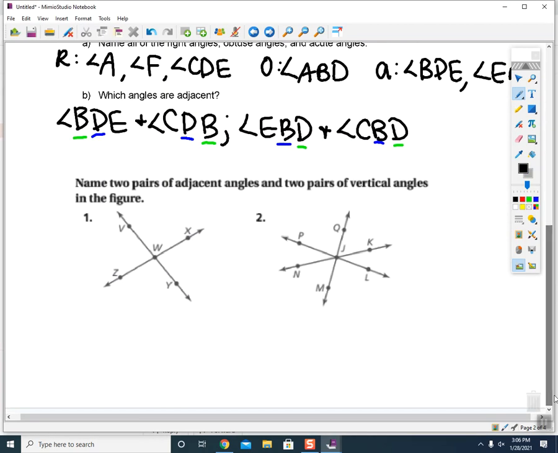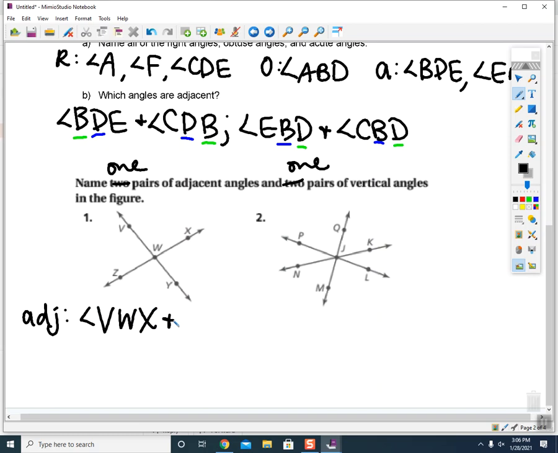All right. So now it wants us to name two pairs. We're just going to do one pair of each. One pair of adjacent angles and one pair of vertical angles. So if I want adjacent angles, they are next to each other. So I'm going to do angle VWX,